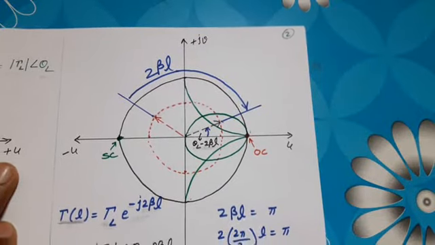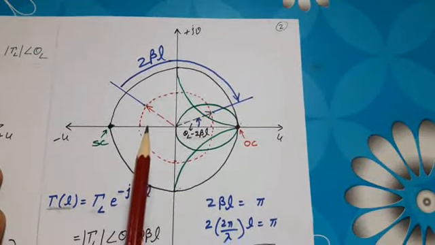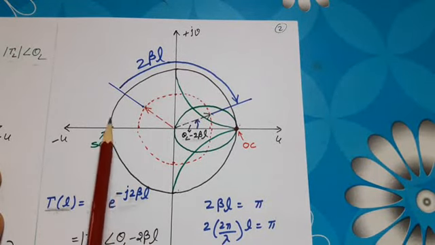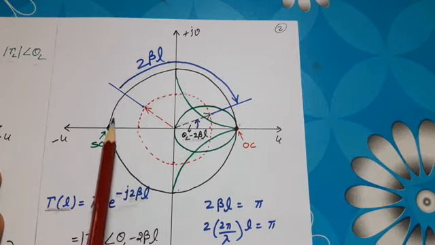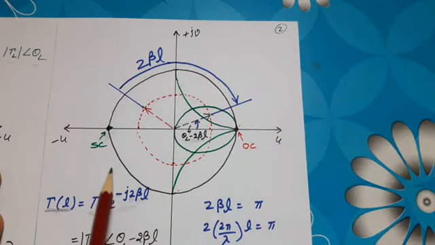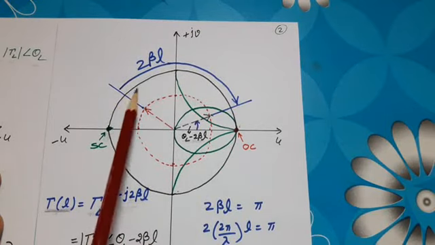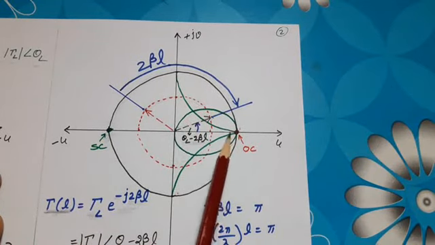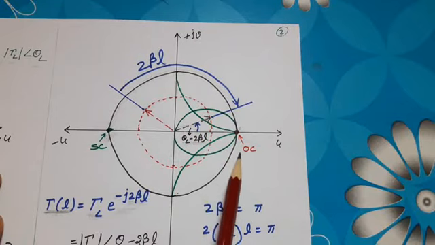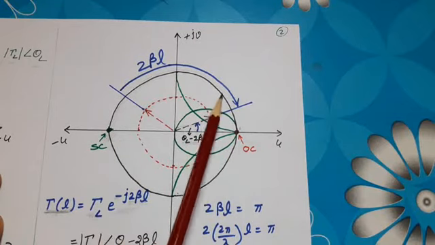Now we analyze one more situation. As we have already calculated the reflection coefficient for a short circuit load, now if we want to calculate the reflection coefficient at any location small l from the short circuit load, we just need to draw a circle with center origin and radius this. That circle is this unit circle, which corresponds to r equal to 0. Now if we move on this circle in the clockwise direction, then after a rotation of 180 degrees, we reach the open circuit load. Now the next question arises: how much distance provides us an angle of 180 degrees?